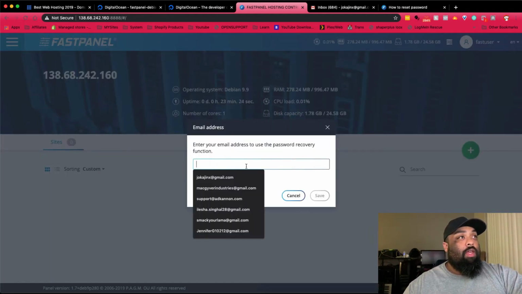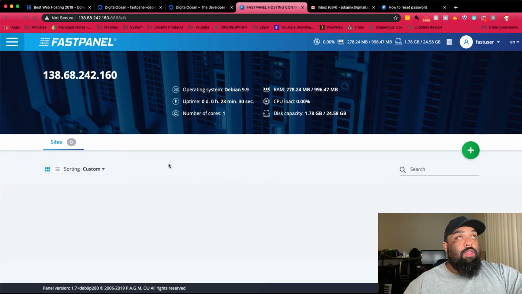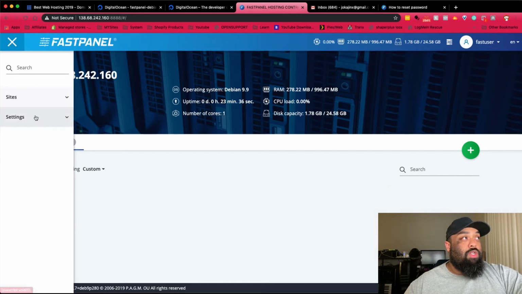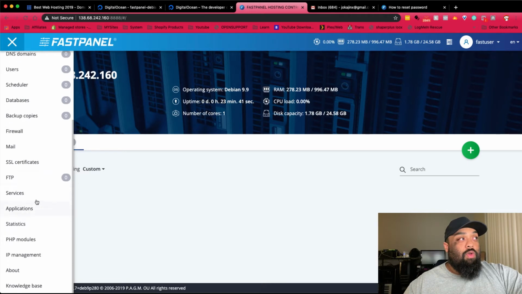You can give it an email for password recovery. I don't want to do that right now. And this is a fast panel. This is what you get. Pretty easy, pretty slick. Not too much stuff, but it does have a ton of things in it that you can go with. So like the SSL cert, you can basically do that in 2 or 3 clicks, and have